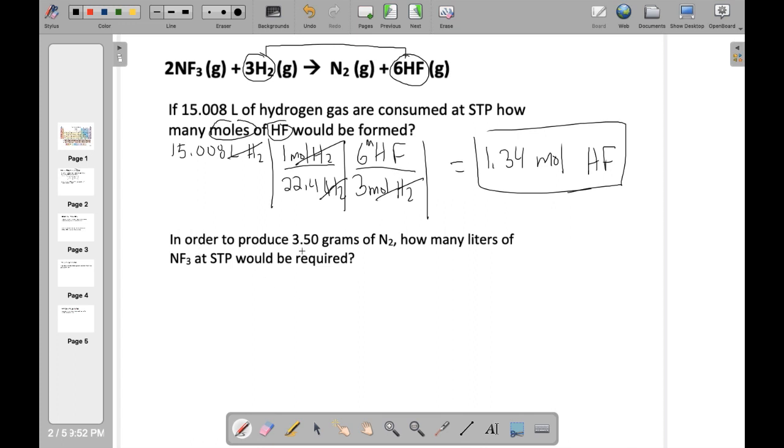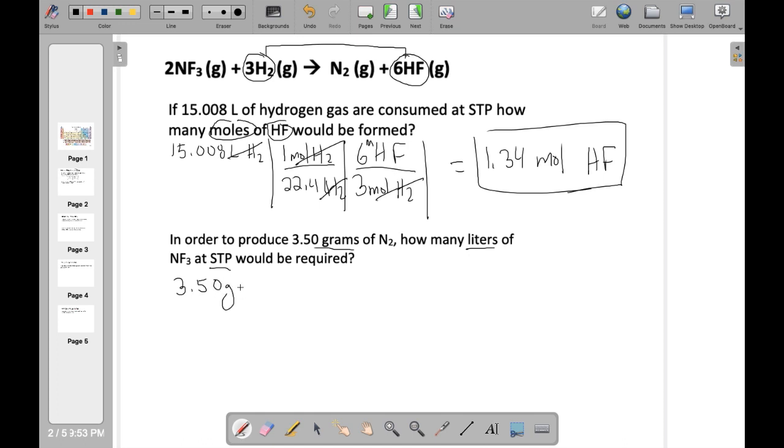In order to produce 3.50 grams of nitrogen gas, how many liters? So they're kind of throwing us a little bit of a curveball here, which is what they love to do in these worksheets. We have a little bit different question. We have grams of nitrogen, not liters, but we want liters of nitrogen fluoride. Now it does say STP, so we don't have to worry about that. So just like in mass to mass,